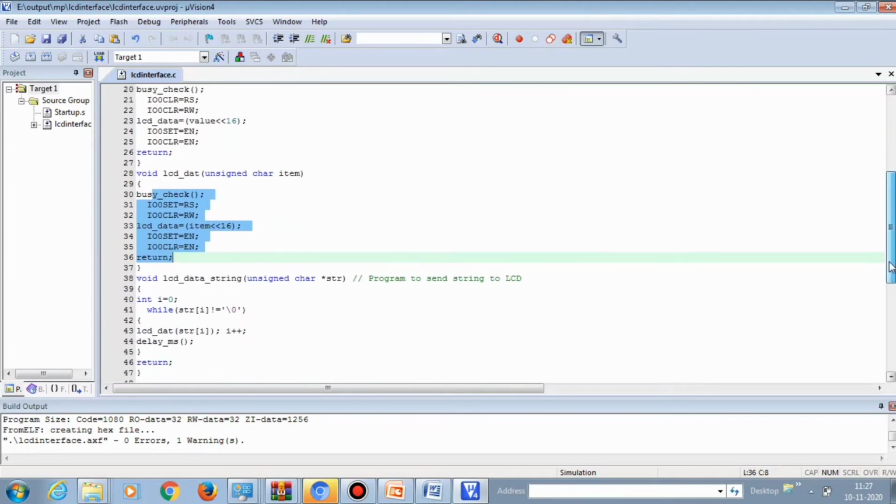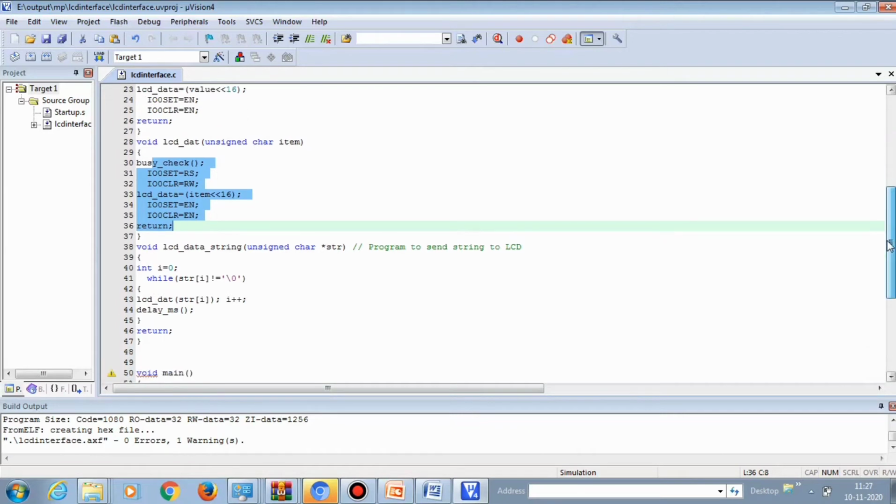Next we are going to display the string ILAC system and delay. In the string, each character is received one by one, and it is checked until the last character specified in the string. The last character is \0, which means that the string ends, and it will check one by one and pass all the characters in the string, so that the LCD can receive the string and display the data one by one.